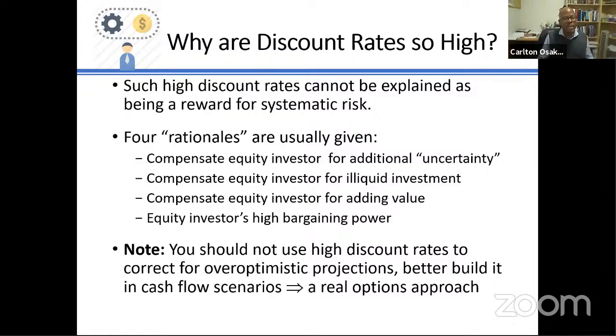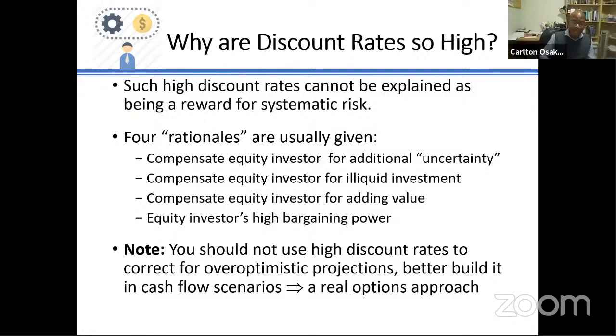And so they need to be compensated for that illiquidity of their investment. Then, of course, private equity investors, venture capitalists, and angel investors often, shall we say, provide additional services. They provide management services, networking, and contacts, and so on. And so they provide some of their experience. They claim that because they are providing what's called smart money, they are providing additional value, and they should be compensated for that with a higher discount rate or higher rate of return.